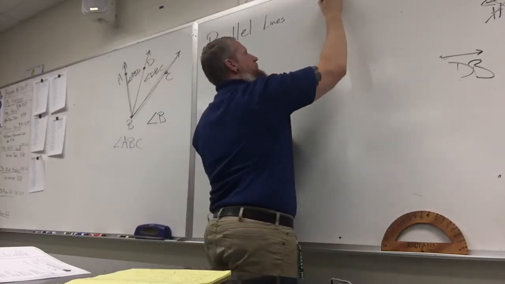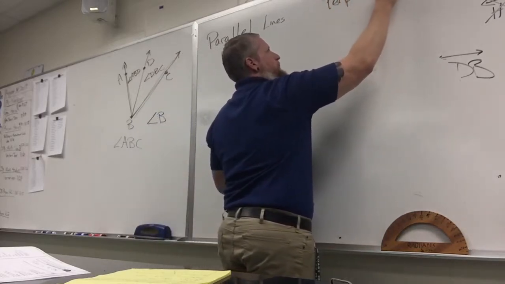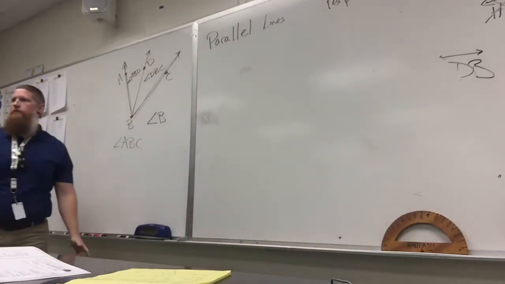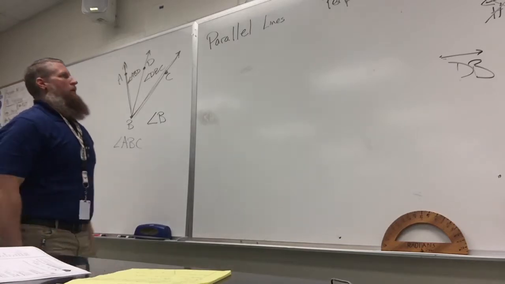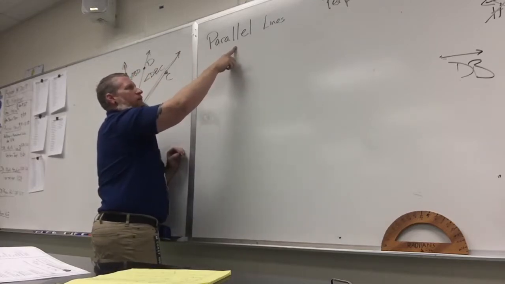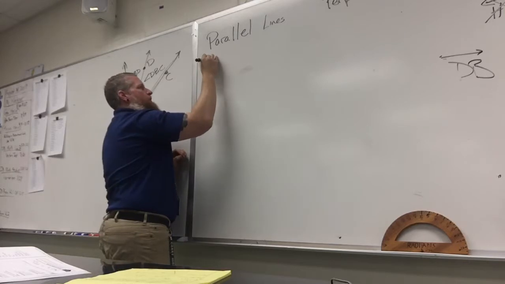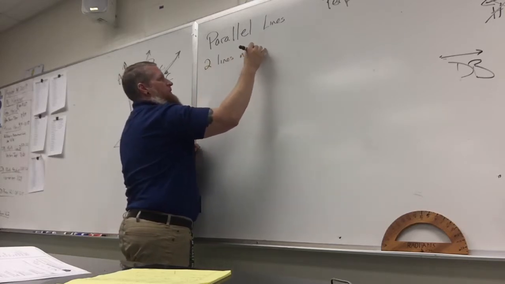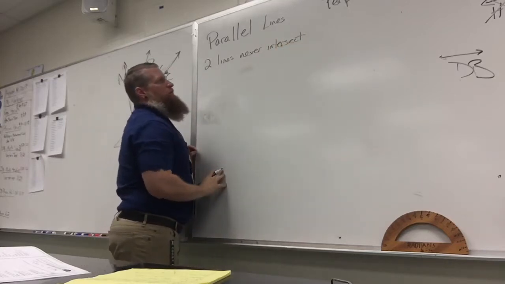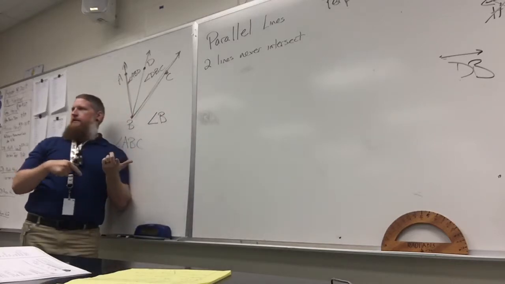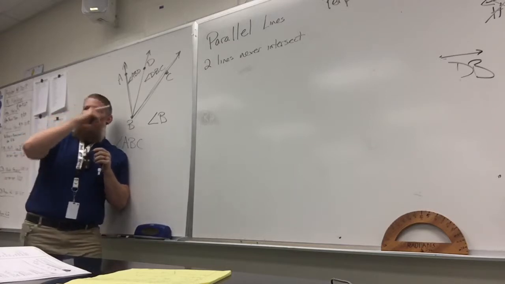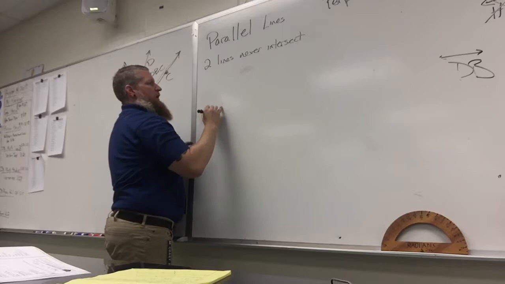Parallel lines. All right, there's going to be some notation to go with this as well, which they should have a little section there for. All right, so parallel lines. Do you guys know what these are? Two lines that never intersect. So, right, so two lines. I'm going to throw you for a loop here in a second. There's another pair of lines that never intersect as well, but if we're talking about single flat surfaces, this is the only one that exists. All right, so this would be like